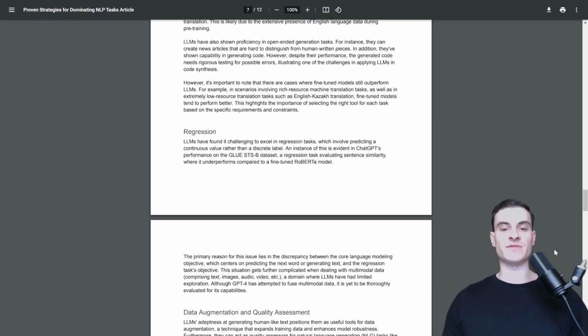LLMs have also shown proficiency in open-ended generation tasks. For instance, they can create news articles that are hard to distinguish from human-written pieces. In addition, they've shown capability in generating code. However, despite their performance, the generated code needs rigorous testing for possible errors, illustrating one of the challenges in applying LLMs in code synthesis. And on this point, I think that in the future, LLMs will be able to create